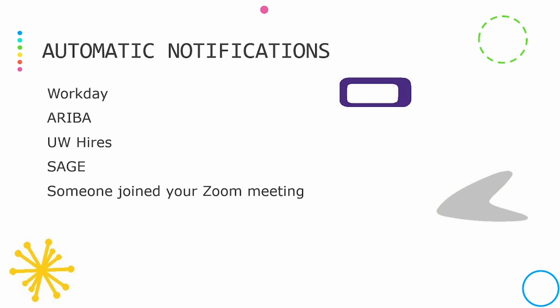There are other things, however, that you may not be able to turn off at the source, so to speak. An example might be Workday notifications. So let's say it's great to know that your boss has approved your leave request, but the actual approval for that request is saved in Workday itself with its substantive retention. That's already set up. So that notification email you get is just a quick ping from the system. You don't need to keep it.